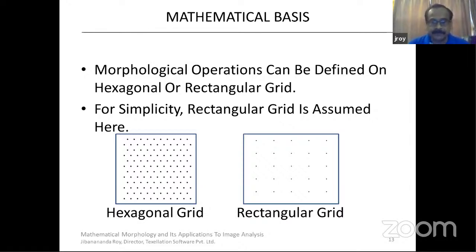We come to the mathematical basis. Initially, the morphological operations were defined on hexagonal grids. Now, why hexagonal grid? Because in the hexagonal grid, you can see that from a center, if you take the different